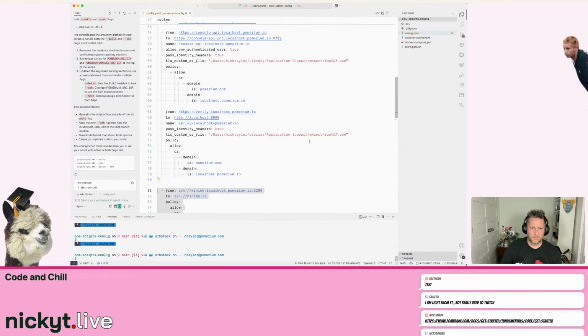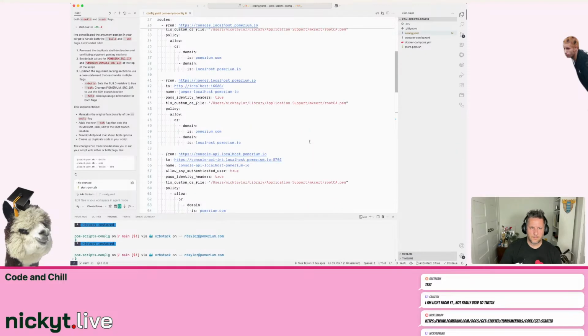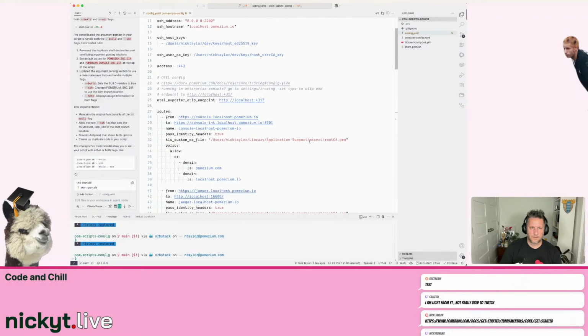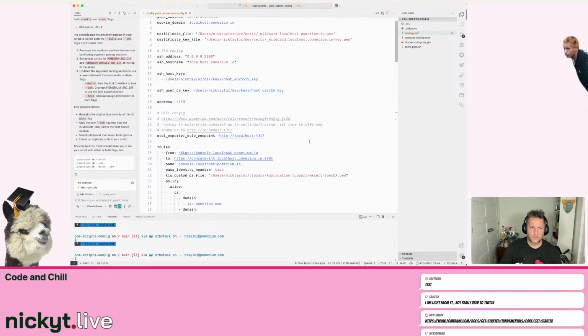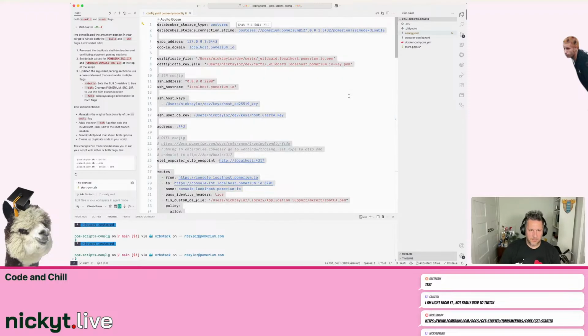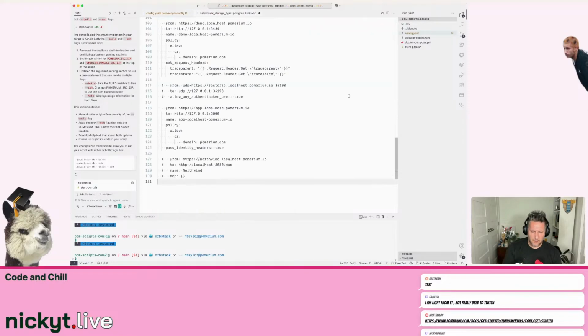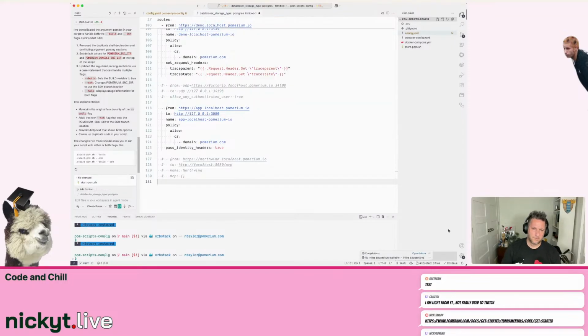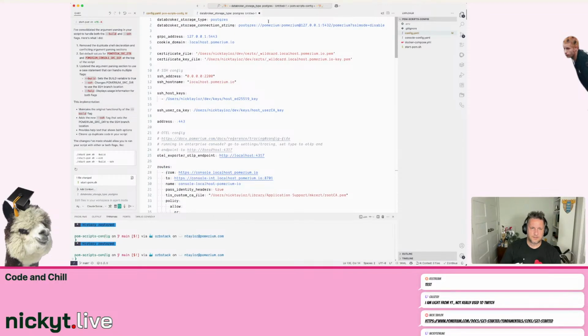Cool. So do I have my stuff up there? Certificates, cookie domain. Okay, yeah, I have that stuff in environment variables. So essentially, let's create a new project maybe. Let's just create a new file. Let's paste this in and we'll change this to YAML. And let's just, okay, we'll do that. Postgres,